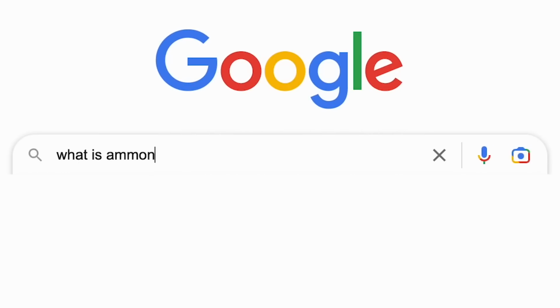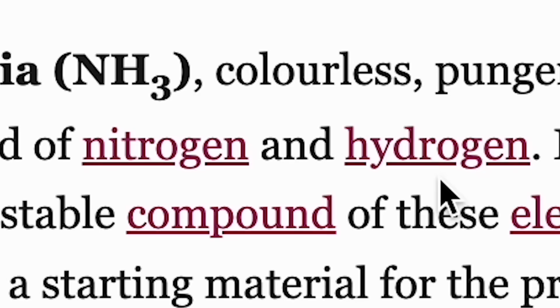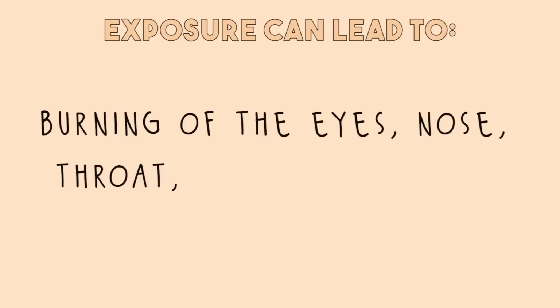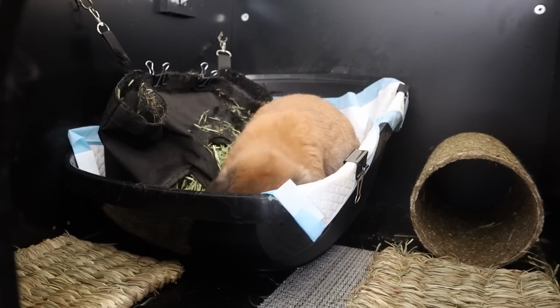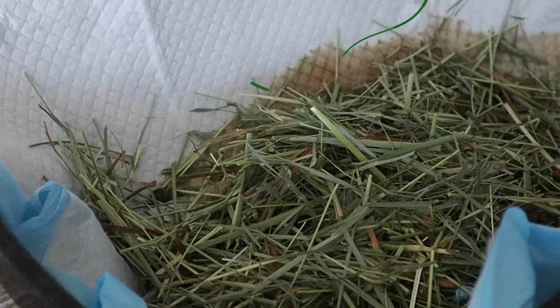What is ammonia? Ammonia is a colorless, pungent gas composed of nitrogen and hydrogen. But it can be dangerous because exposure to high concentrations of ammonia in air can cause immediate burning of the eyes, nose, throat, respiratory tract, all things you don't want your rabbit to experience. So what does this have to do with litter boxes? If urine becomes highly concentrated, urine could have a strong ammonia odor, and that odor is what can cause that